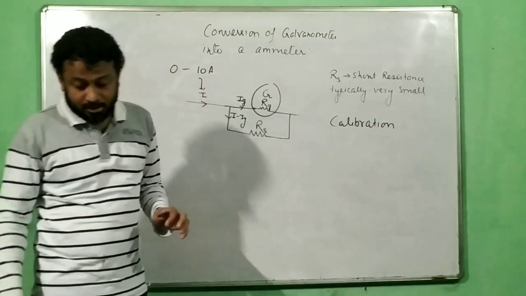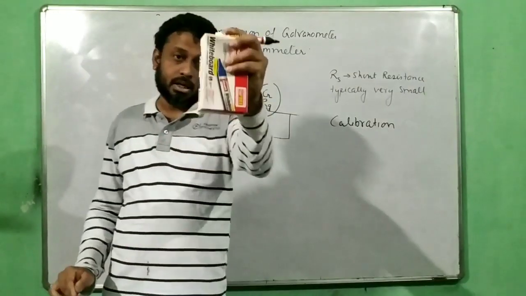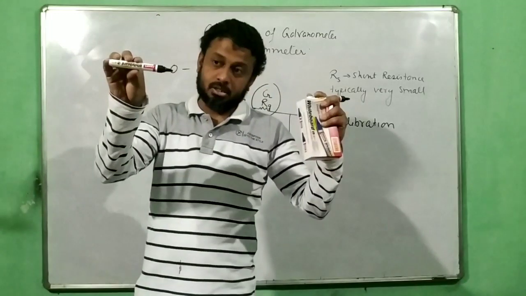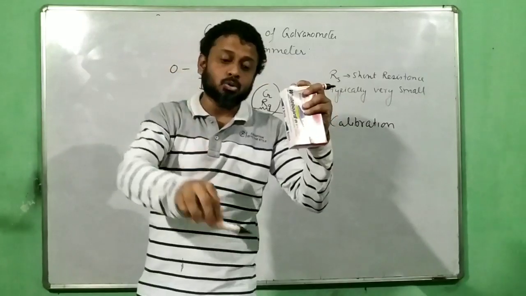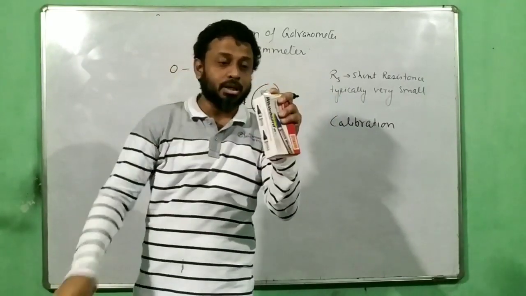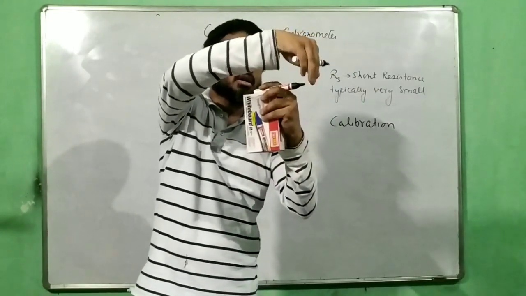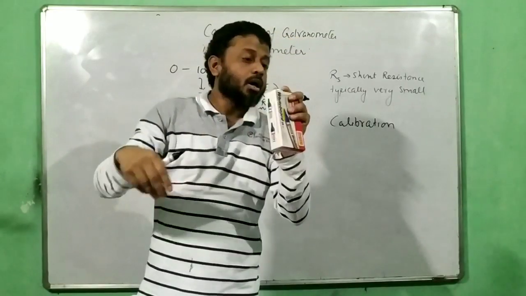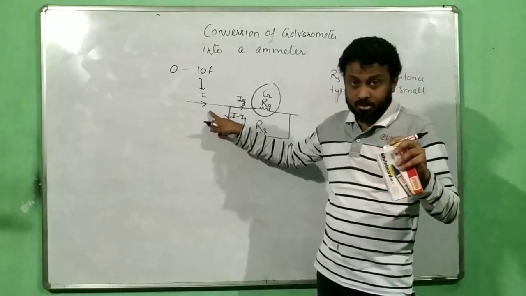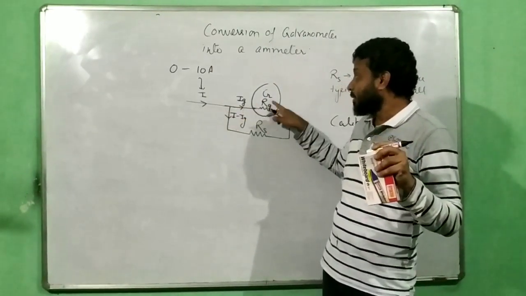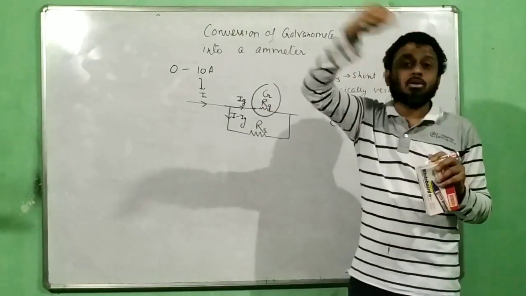What does calibration mean? Calibration means like this. I have this needle, correct? This is the galvanometer part. Now this is my current, let us say this is 10 ampere. So when this is 10 ampere, part goes to the shunt part and only Ig goes here. So it gives a deflection because of Ig. But on the screen, on the display, I will write 10. Getting the point? When this is 10, this is Ig. So basically the galvanometer is showing a deflection because of Ig, but I am going to write on the screen as 10.